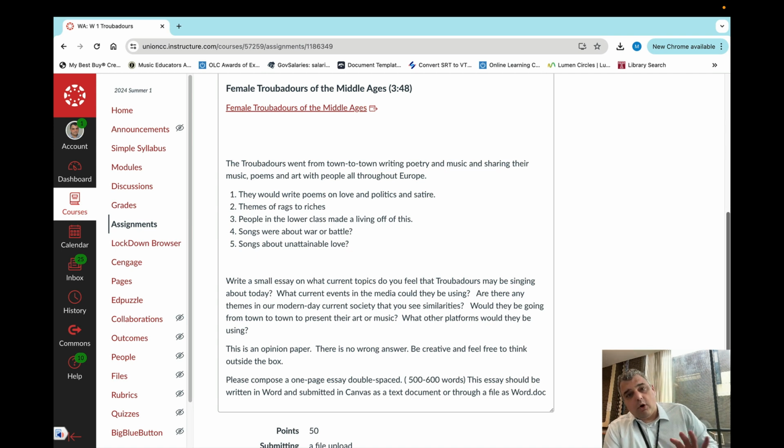In addition, we also have Turn It In, which will be used when you upload your document. It's a third-party program attached to Canvas. It's called Turn It In, and it will give a score. You'll be able to see the score, maybe 10%, 5%, 3%, and basically you have to keep your Turn It In score under 10%. Okay, so those are the criteria for these writing assignments.